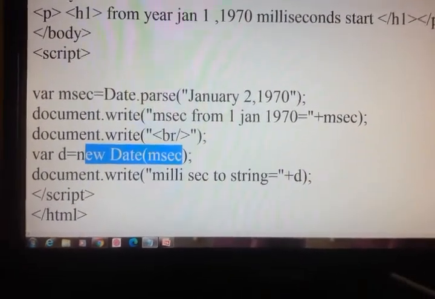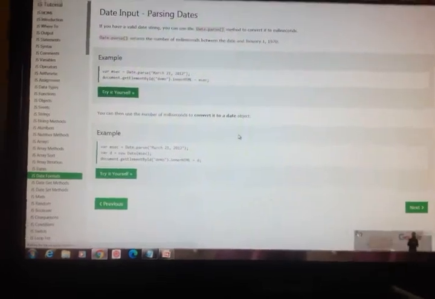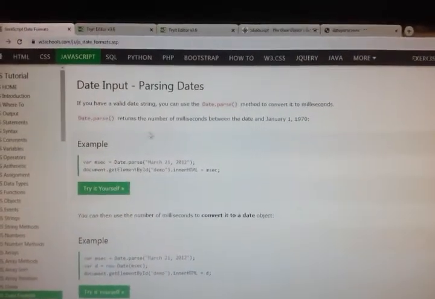So this is parsing dates, how to parse date input.